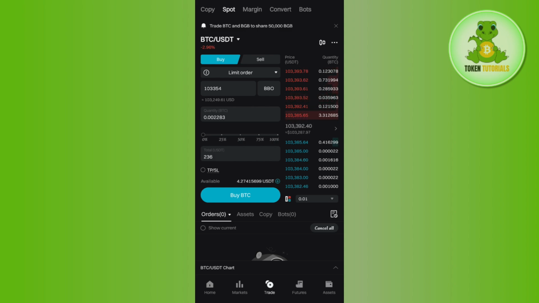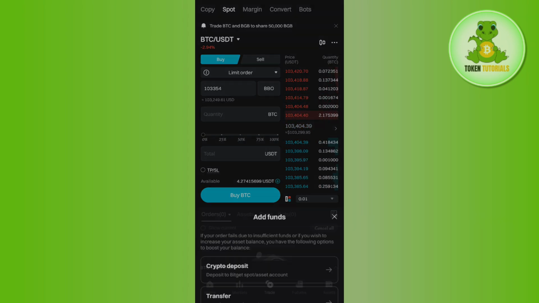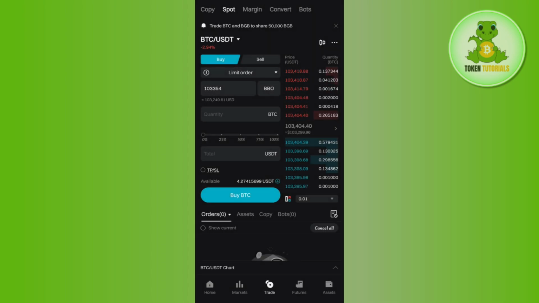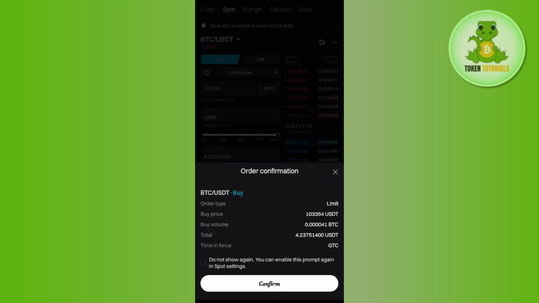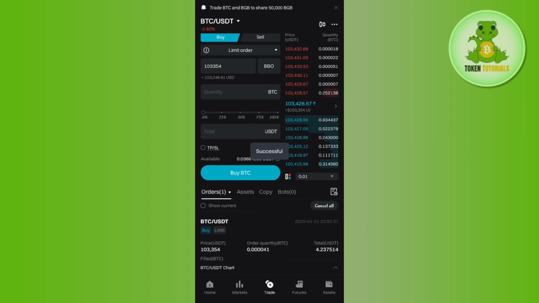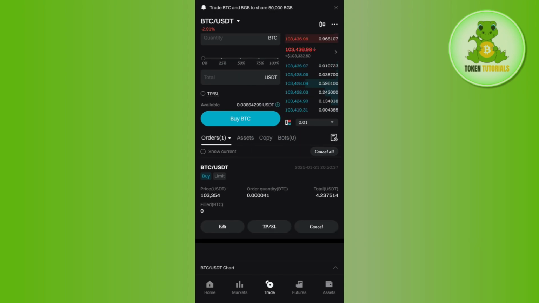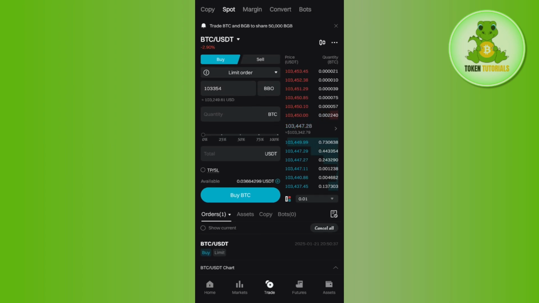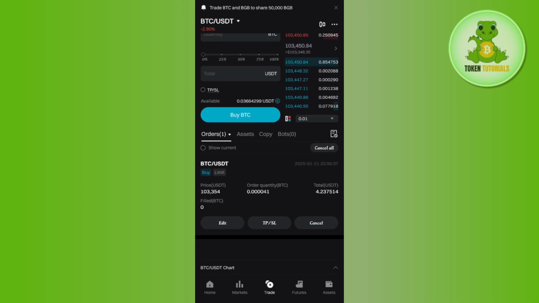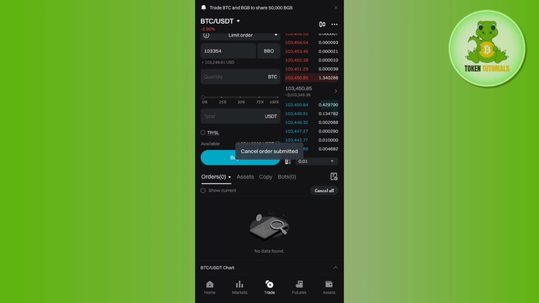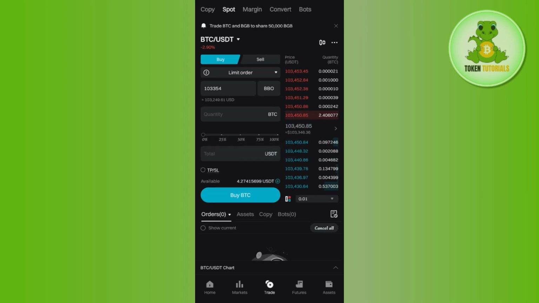Once you are done, you just have to simply tap on the buy BTC option and then your order will be placed. Now once your order is placed, for some time it will be in this section. As you can see, my order isn't completed yet because the price of Bitcoin is more than the price that I have entered, or my price might be more than the price that I have entered. So once the price of the Bitcoin comes to the price that you have entered, your order will be placed